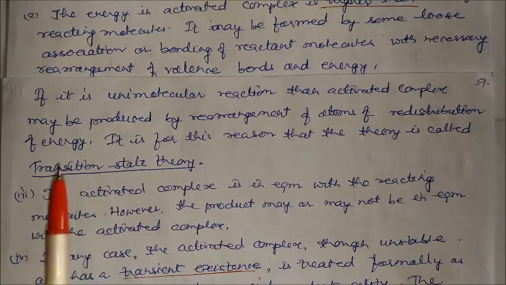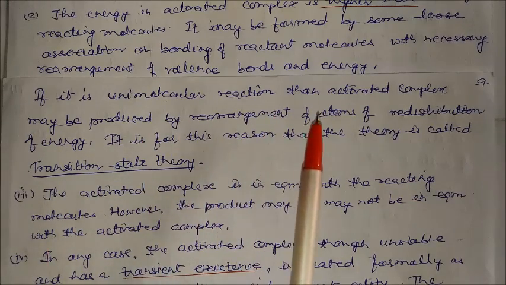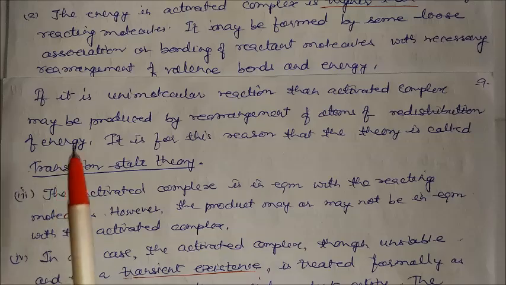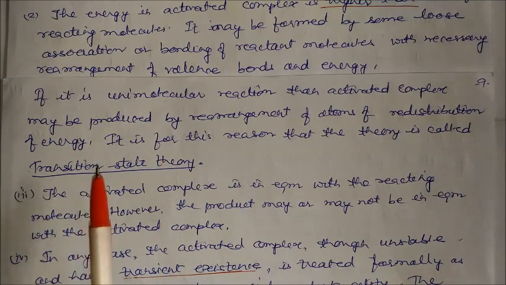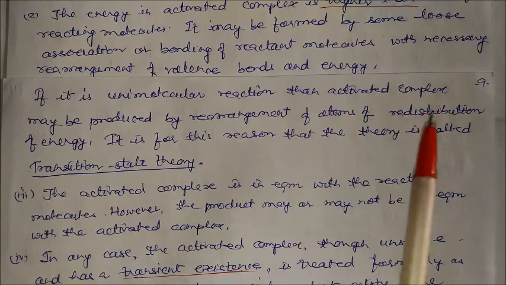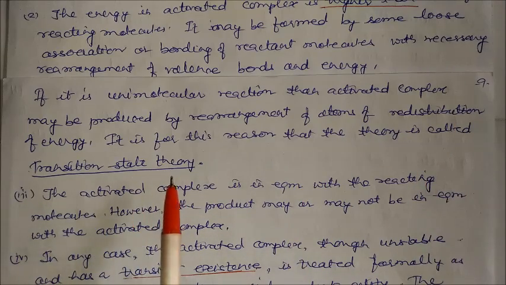If it is a unimolecular reaction, then the activated complex may be produced by rearrangement of atoms or redistribution of energy. So it is for this reason that the theory is called transition state theory. Next point,